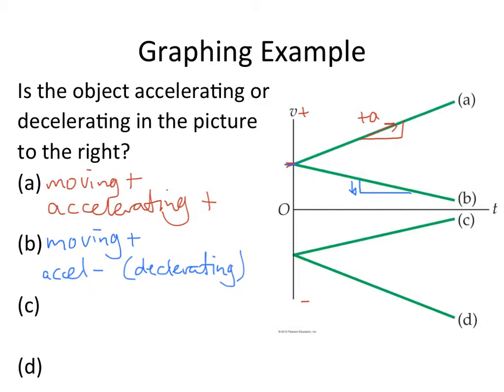Okay, let's look at C. C, I'm going to make green. All right, so here we have an object that starts initially with a negative velocity, right? Negative velocity right here because it's below the line. So it's moving negatively, but you can see that the slope of the line, the change in velocity over change in time, it actually has a positive,